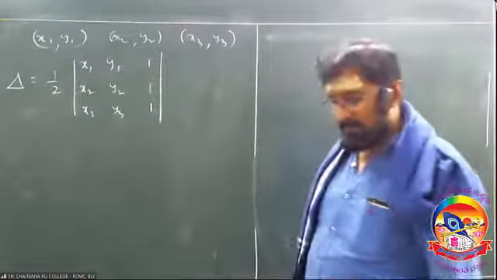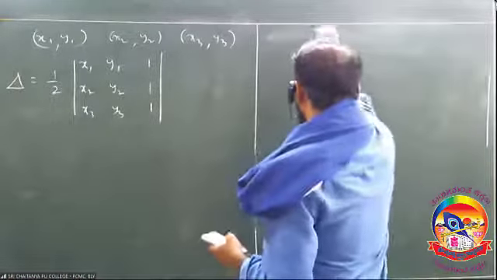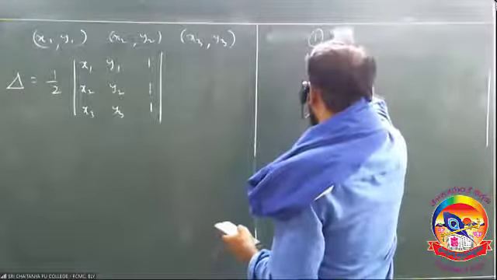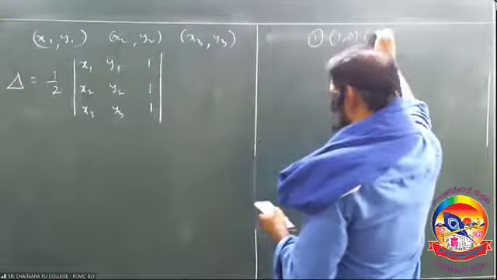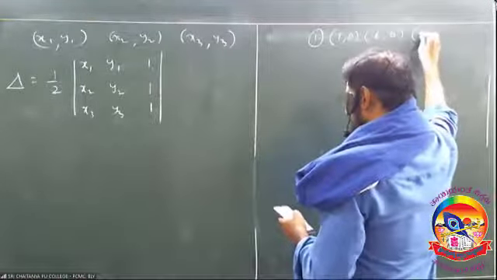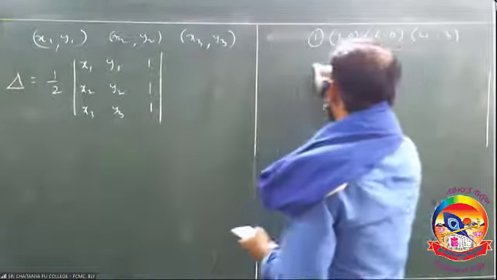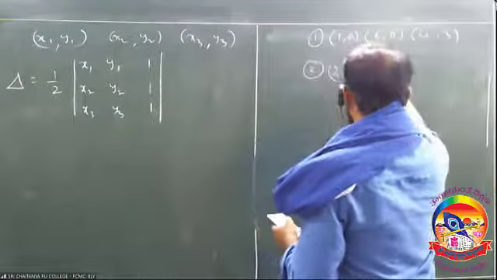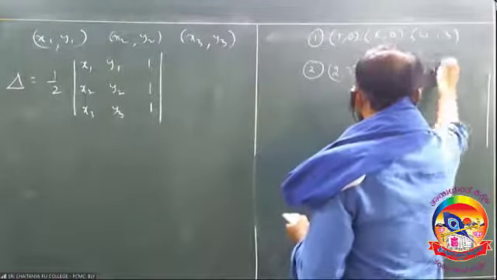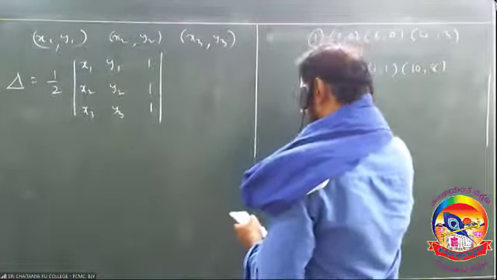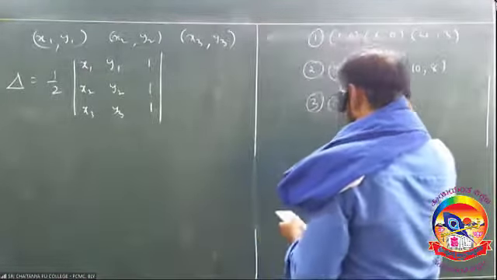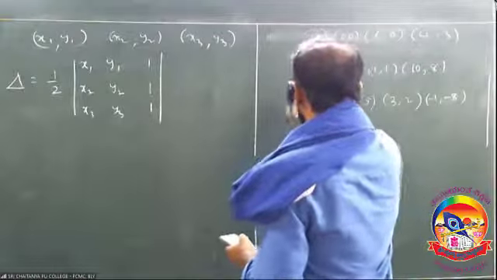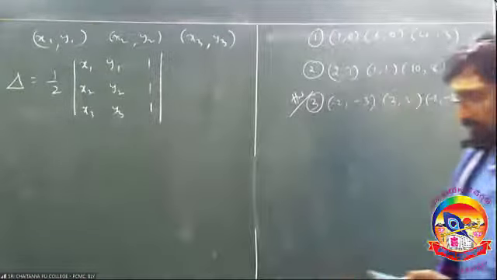Write down the question. Find the area of the triangle formed by the points (1, 0), (6, 0), (4, 3). Second problem: (2, 7), (1, 1), (10, 8). Third problem: (-2, -3), (3, 2), (-1, -8). This is homework. Okay, the third one is homework. Let us do those two problems now.